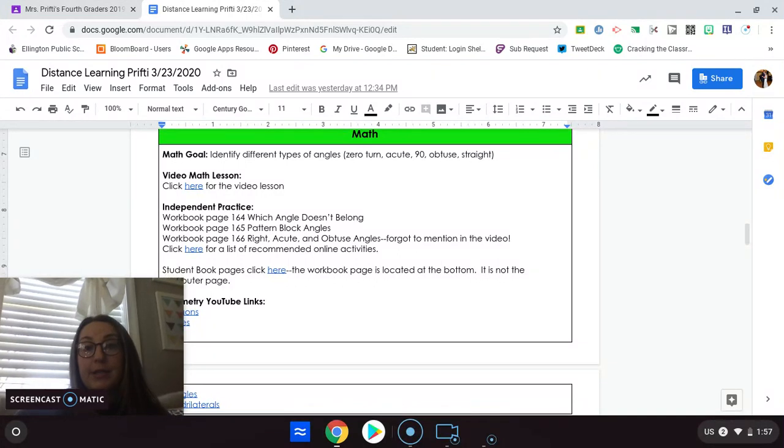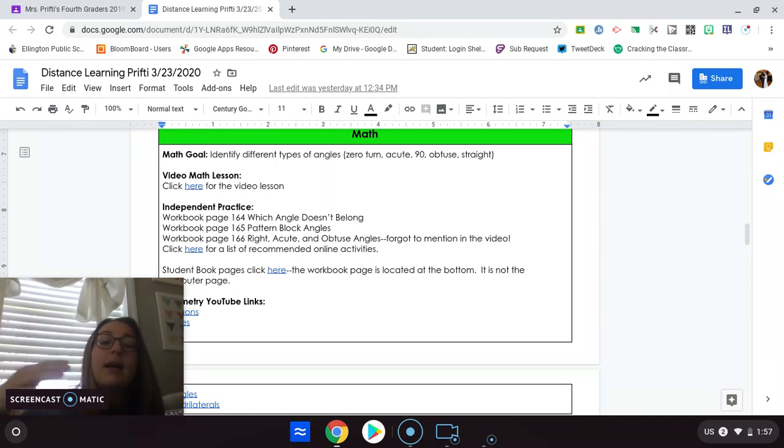Math will change every day, so you need to make sure that you are doing the math assignment that day. If you forget to do grammar, that's okay. You have another day. If something happened and you didn't get both entries in for Monday and Tuesday, you'll just have more work to do in social studies. But math will change. You won't have this here, so you'll have to go back.